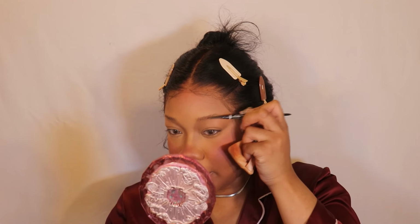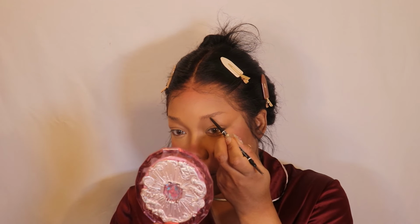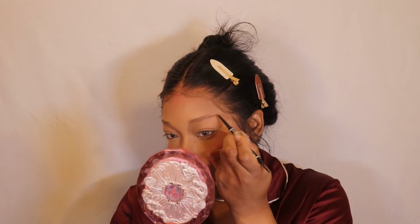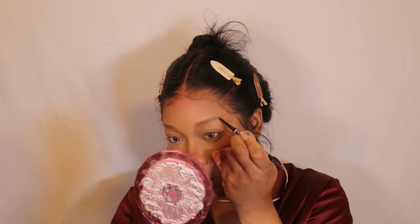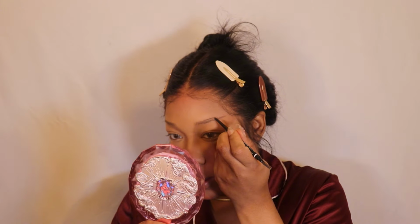To do my brows and some fake freckles, I'm going to go in with the NYX Micro Brow Pencil in the shade Espresso. The inspo photo, her brow is kind of thick, so I'm going to brush all of my brow hairs upwards. And from about halfway through the brow, I'm going to do a really thick line out towards the end of where I'm going to put my tail. Brush all the brow hairs downward, and then right over that, I'm going to connect that line